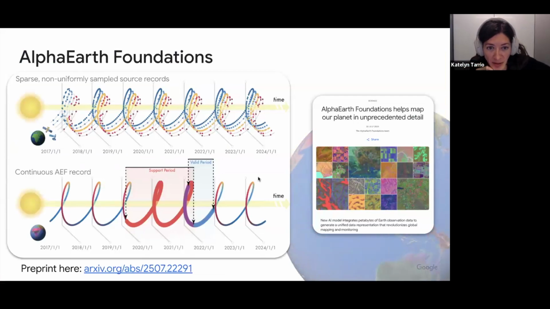So I just want to say a little bit about the temporal context, because this leads to the question of how all of this complex time series information is synthesized across different sensors and captured in a single static vector. Traditional analysis relies on sparse, non-uniformly sampled records, in that top panel there, those scattered satellite observations. And the AlphaEarth Foundations model resolves these scattered observations by treating all of them like a video and allowing it to synthesize a continuous record for a